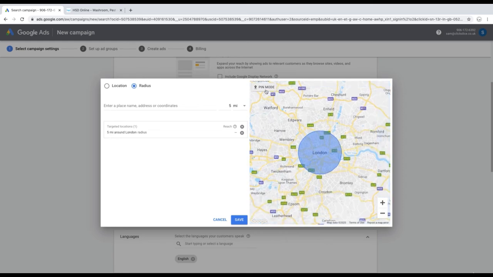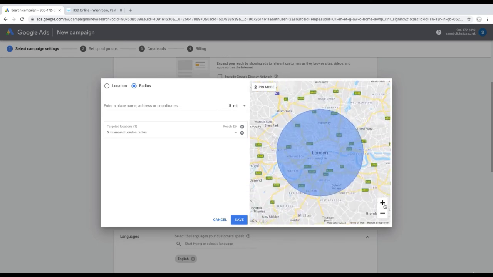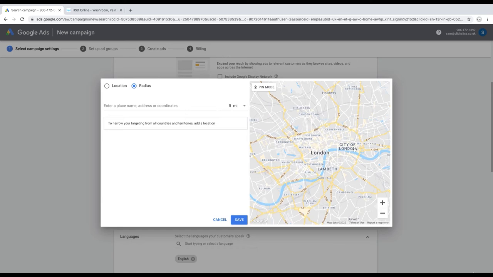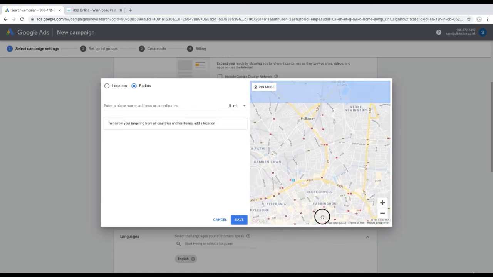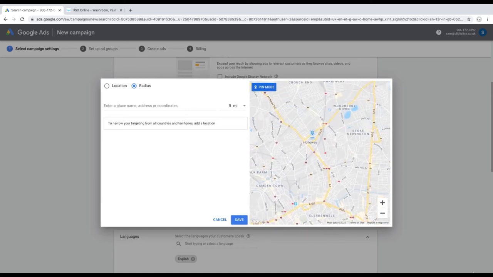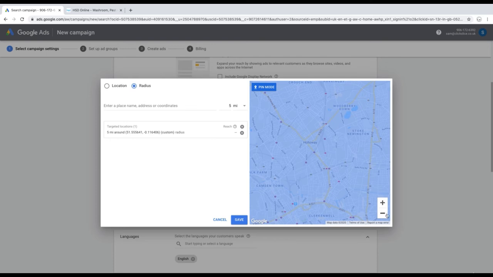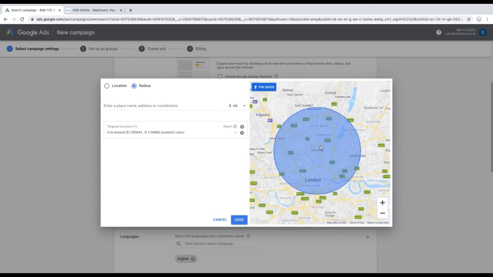You can also use the pin mode as well, which is really useful. So if you're working with a client, or maybe it's your website and you know you're based, let's say somewhere up here in Holloway, let's zoom in on that. You can simply use the pin mode and then simply click Holloway and set your radius to 5 miles again, as I have 5 miles up here, and click target, and as a result that will do a 5-mile radius around any location you want to target. So as you can see, this stuff is super powerful. If you are working with a local business, or maybe you just want to show your ads to people in a specific area,